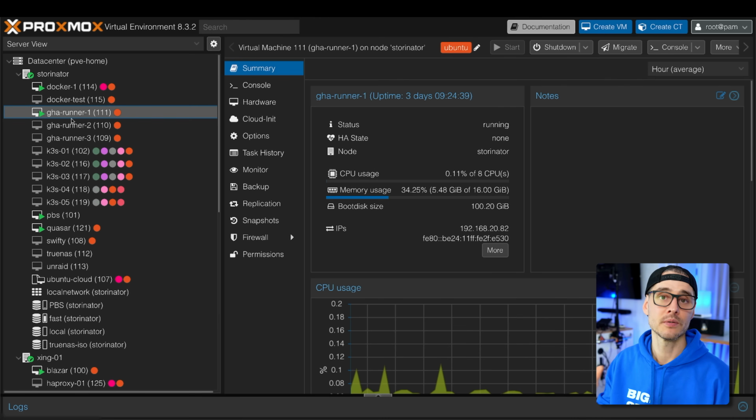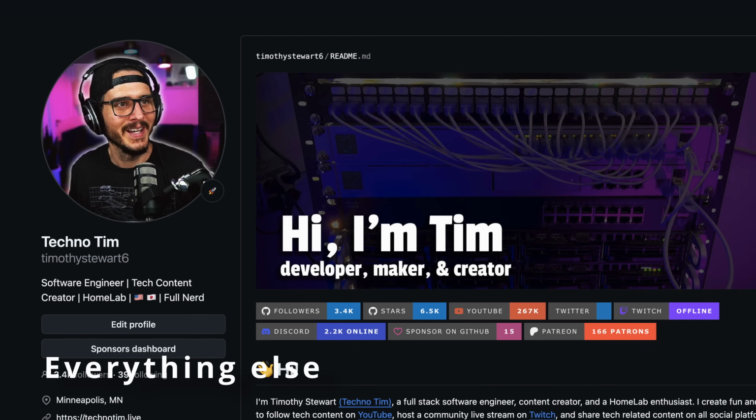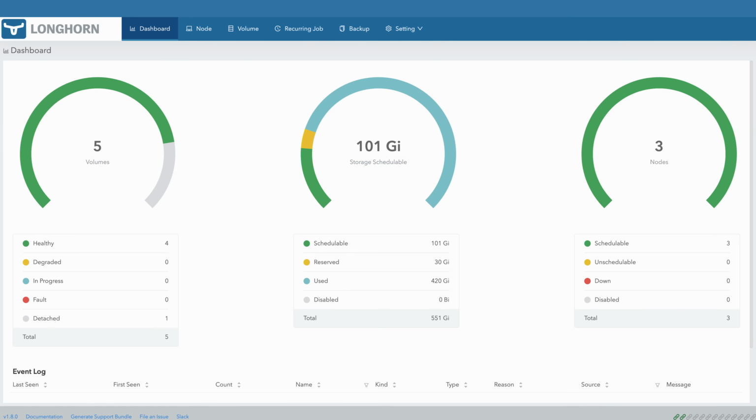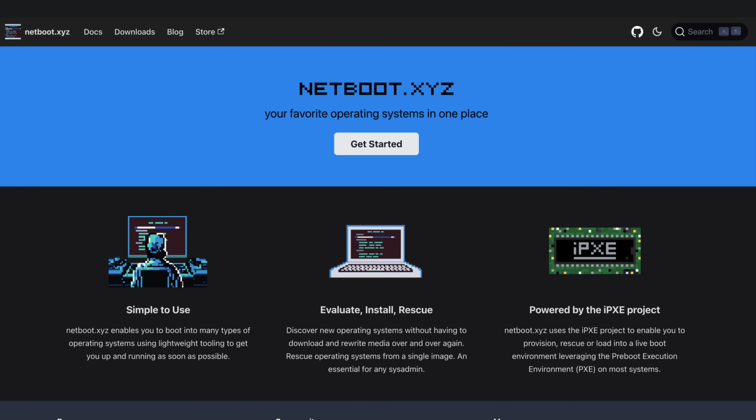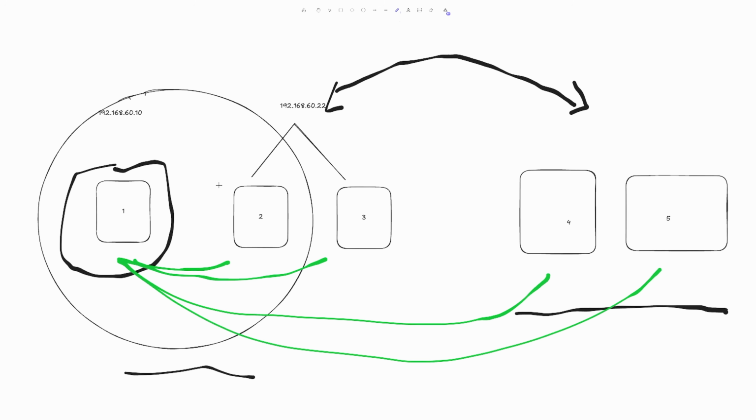But anyways, I use 2 different CI and CD systems because I use both GitLab and GitHub. And then there's everything else like custom code I write to manage bots on Twitch, Twitter, and Discord. I'm running Longhorn on 2 Kubernetes clusters for my Kubernetes storage. I'm running NetBoot XYZ on my network so that my clients can boot to network and install operating systems, and that didn't fit into a category. And I'm even self-hosting some diagramming tools that you might have seen, but I didn't know where those fit in.